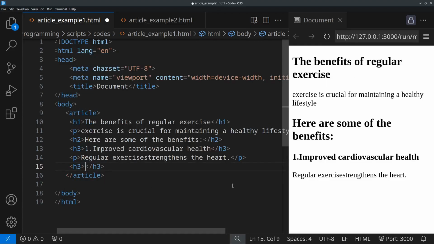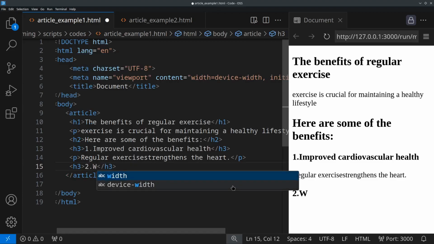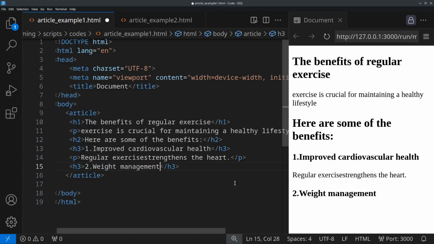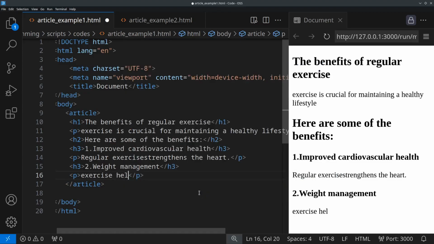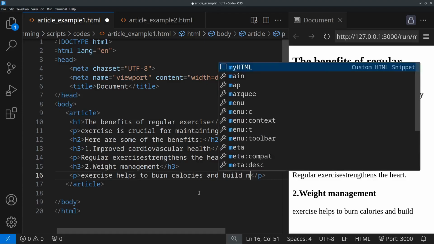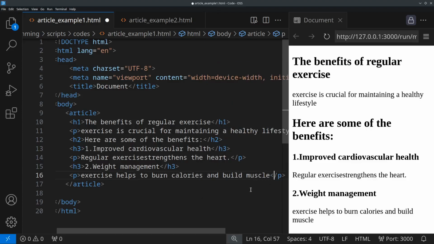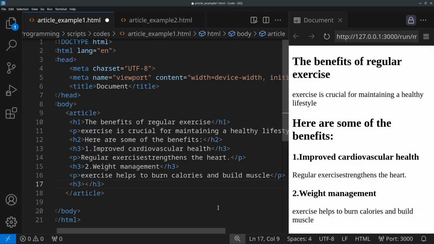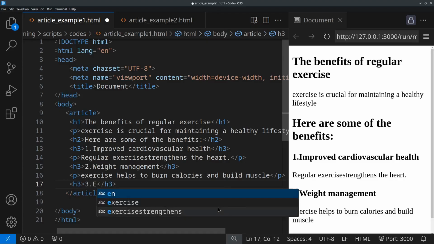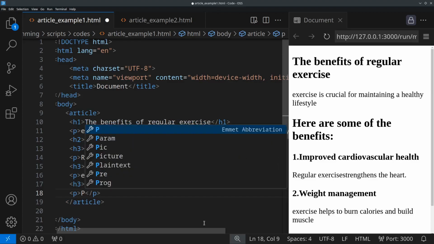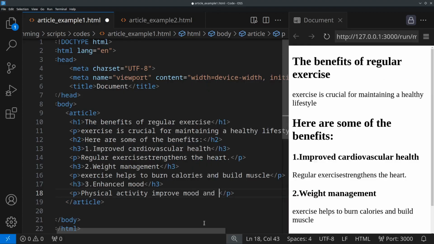Now I'm just going to add another H3 element and type second, weight management, and a paragraph: Exercise helps to burn calories and build muscle. Another H3 element for the third heading over here, enhanced mood, and a paragraph: physical activity improves mood and reduces